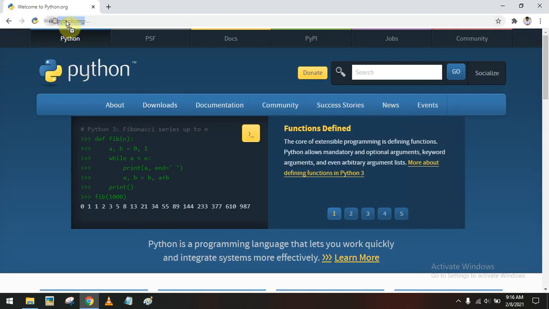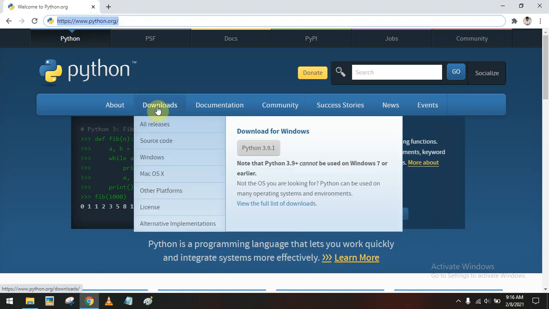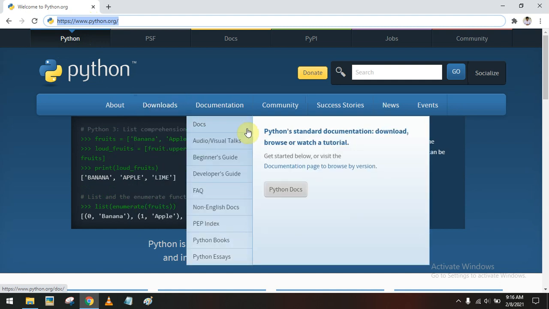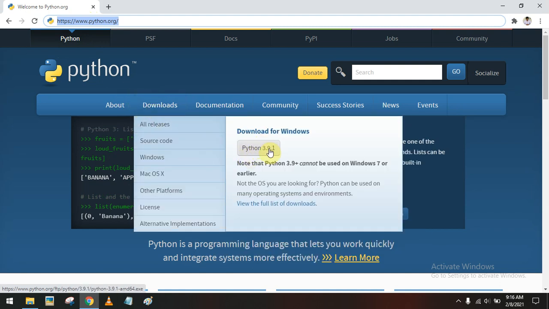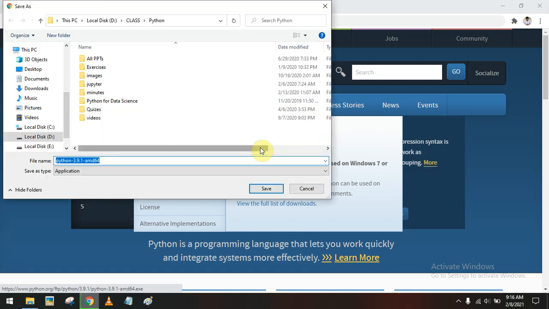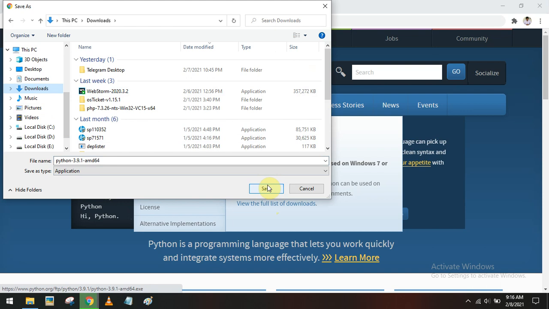We can go to the python.org website and there is a download link. You have to click downloads. Go to download. There you can see download for Windows. So click the download button and you'll be getting where to save the file, and you can select where you want to save the file.